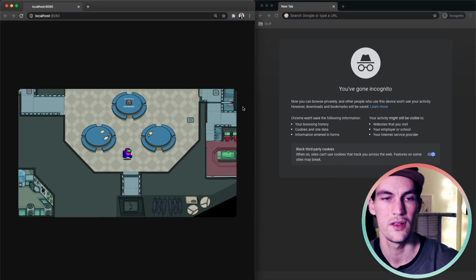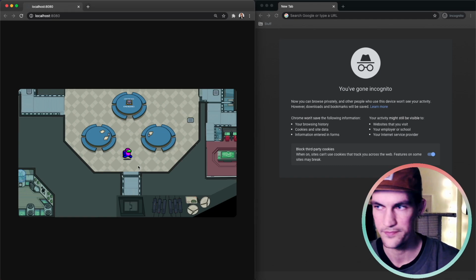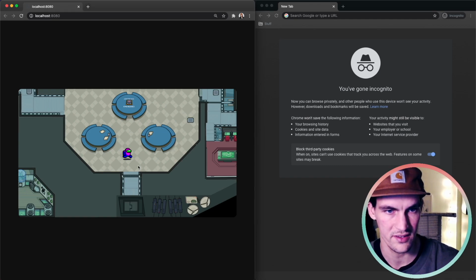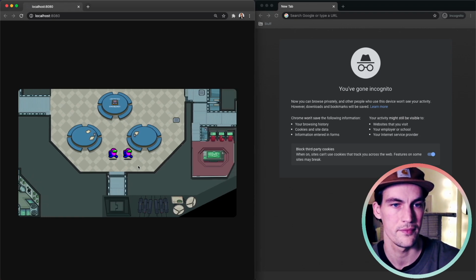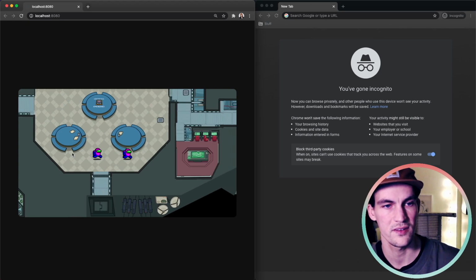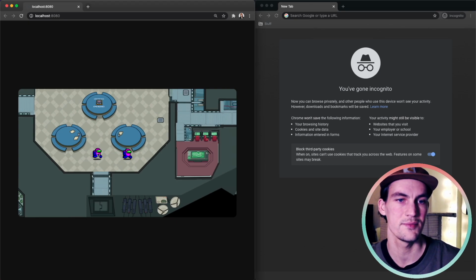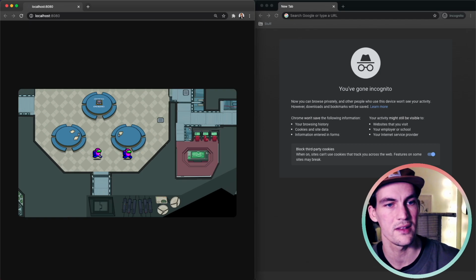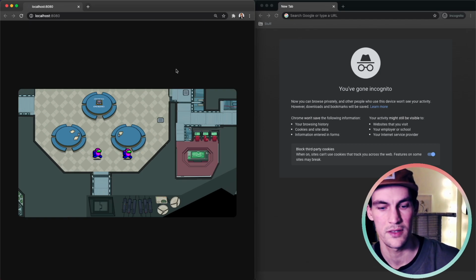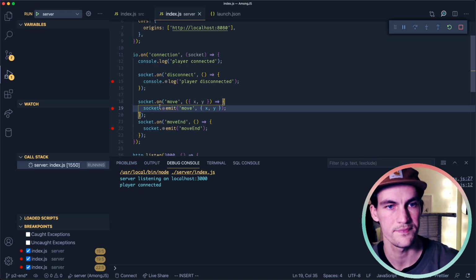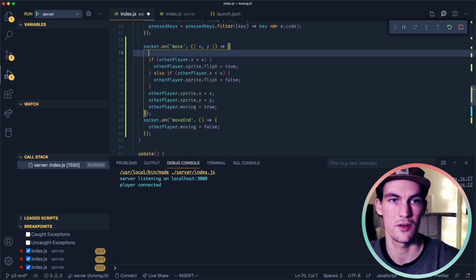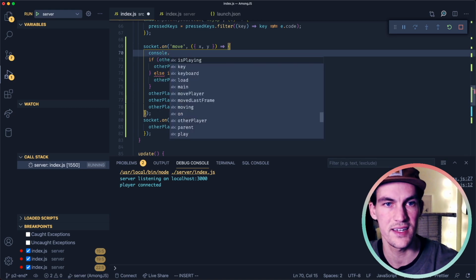So now when I start to move here, we could end up sending an event to the server. And you see now we have two sprites here, and that is because we have one sprite for the player and another sprite for the other player. So if we look in the server, it seems as though we have not yet sent an event because it has not stopped here. Let's add some console logs also on the client side.